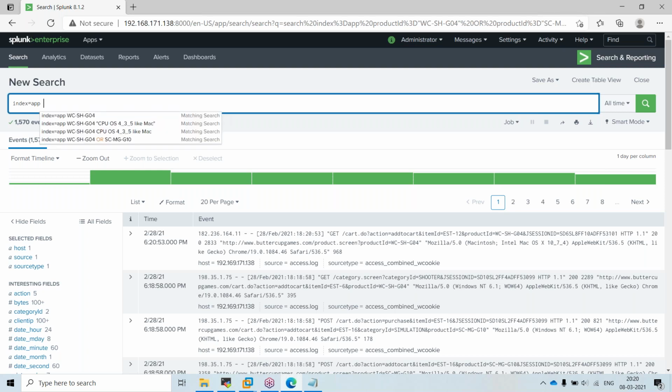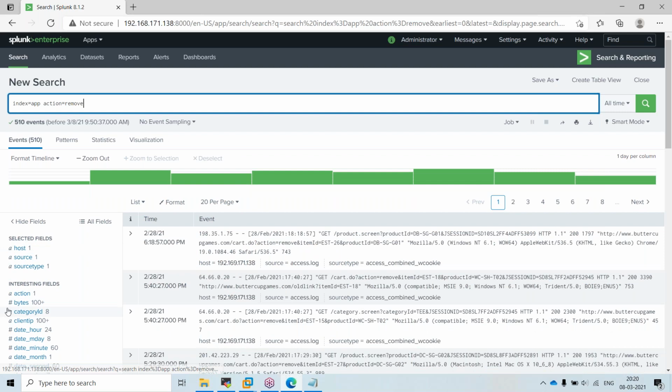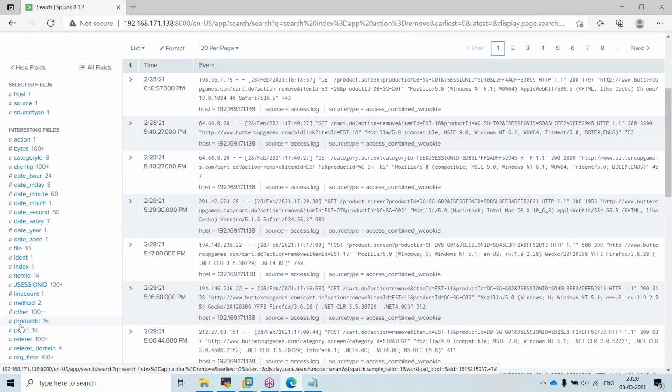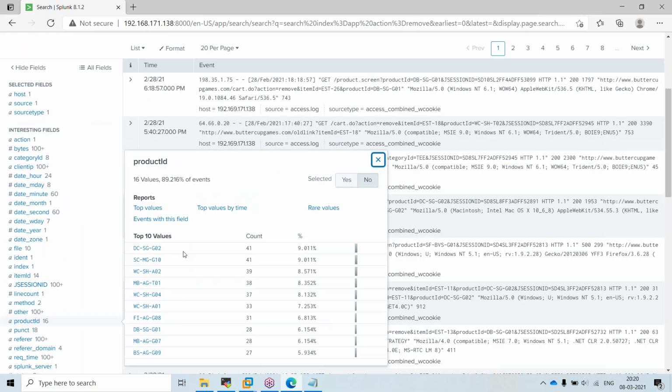So I can choose action equal to remove. If I give action is equal to remove, then in my product IDs I can see there are 16 products that customers are usually removing.